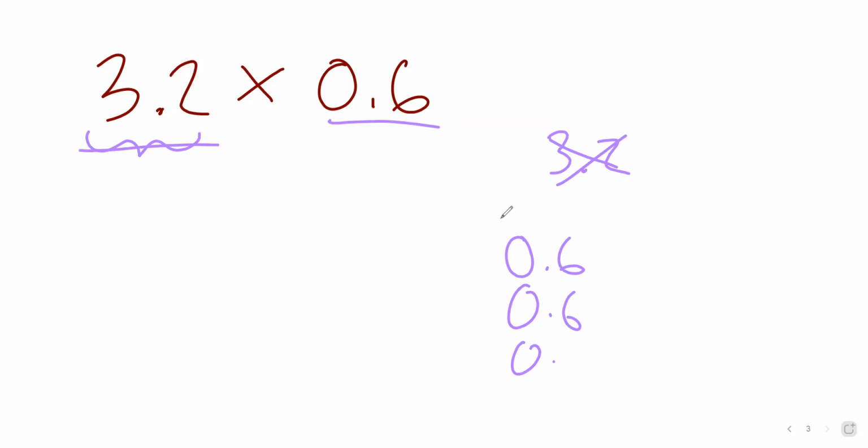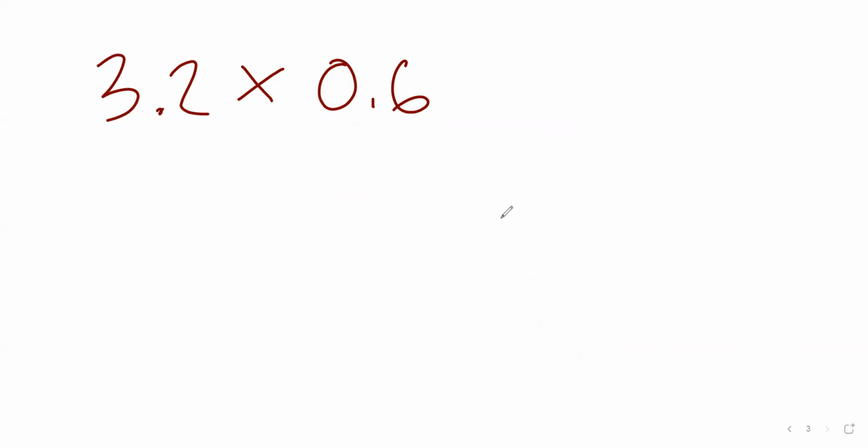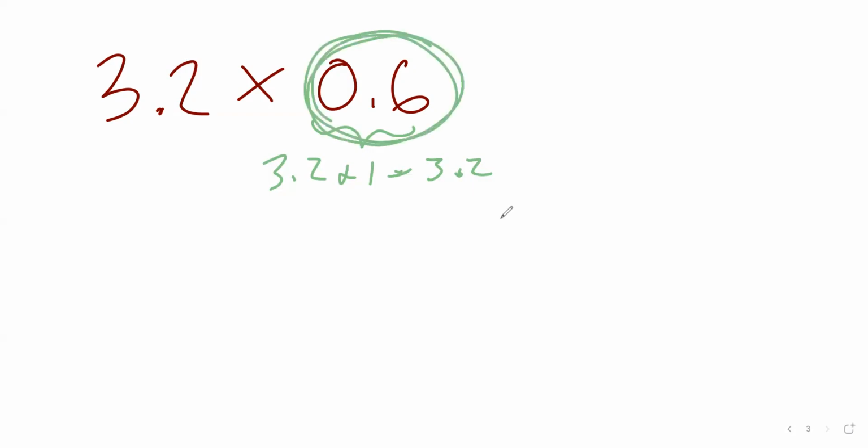So that's where the repeated addition has been helpful in the past when we had a whole number and a decimal. But now that I have a decimal and a decimal, we're going to go back and start from the beginning. I have to go back to what I'm thinking. Now, again, there's estimation in here. This one always gets a little difficult because if I round this to 1, 3 and 2/10 times 1 is 3 and 2/10. I don't know if that will help me find my place value. I also know that my answer here, because this is less than 1, is actually going to be less